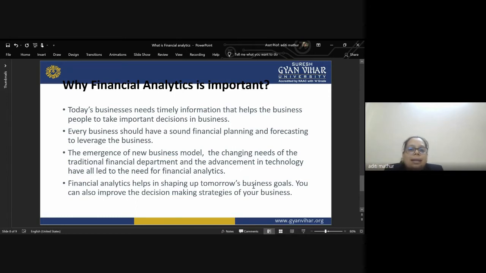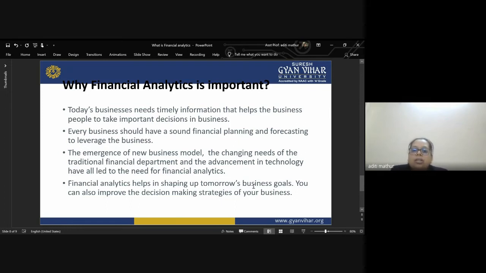So nowadays you need information, and that information is collected from the data. डेटा से ही आपकी इंफॉर्मेशन जनरेट होती है, you know that process, right. Data is refined and you extract your information from it. That information is used for decision making, and that process is very important, and that's why we need to have a good hand on our financial analytics.